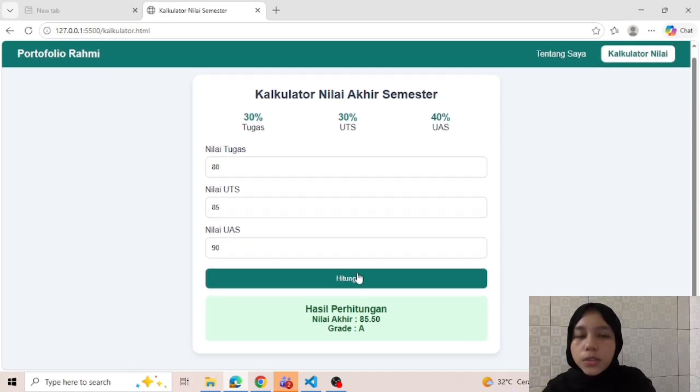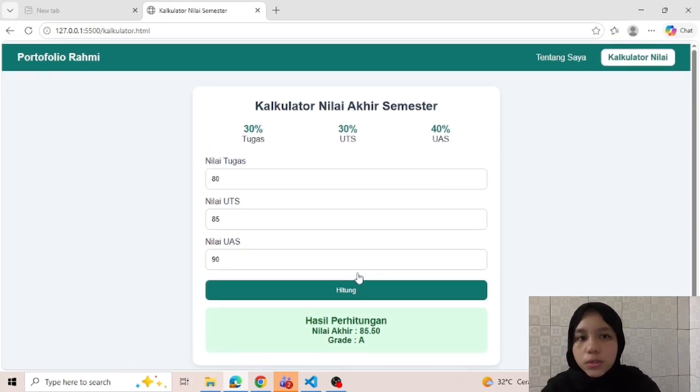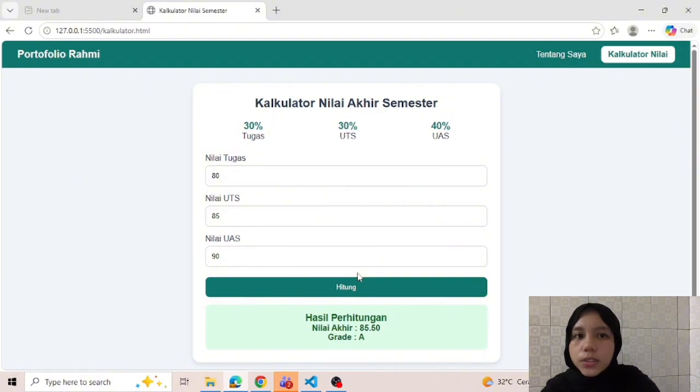Based on this calculation, the final score obtained is 85.50. Next, the program determines the grade using the function. Since the final score is greater than or equal to 80, the student receives grade A.